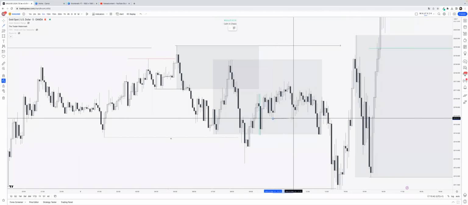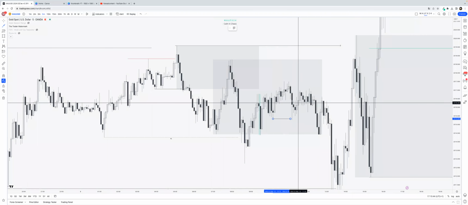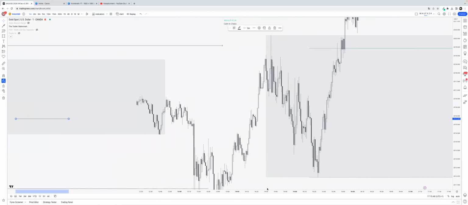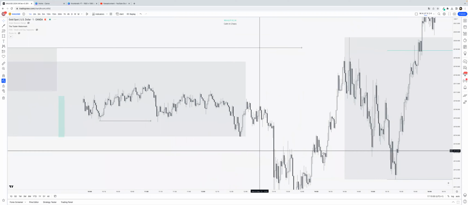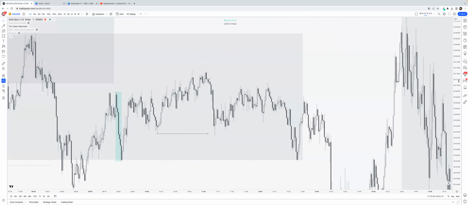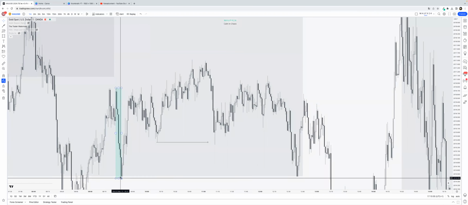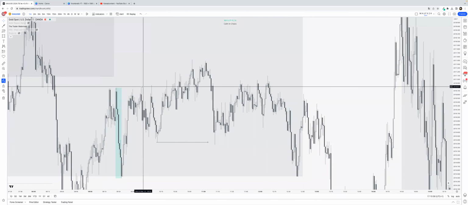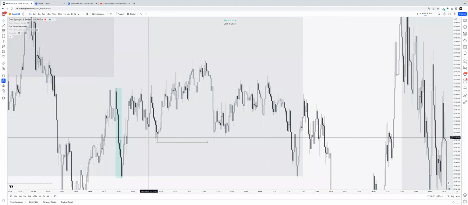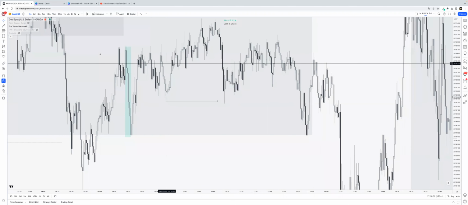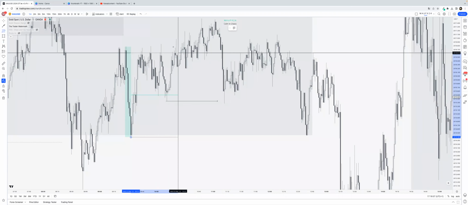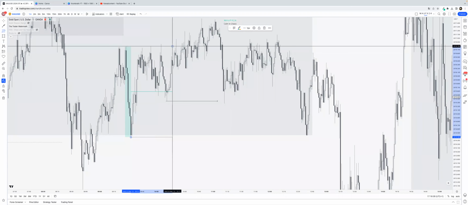This would be my 5-minute shift probably, or this one, but this is more of a 1-minute. Well, let's take the 1-minute. So we got a low, low, high, higher low, higher high. I think this is return to discount. This is where you get a